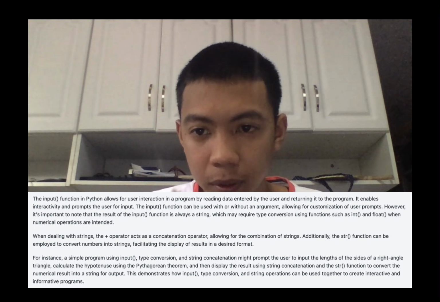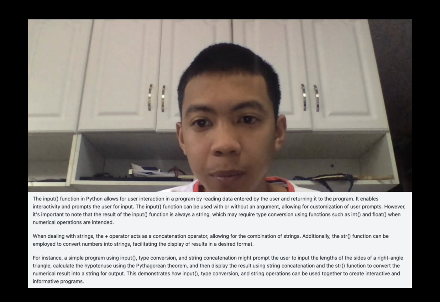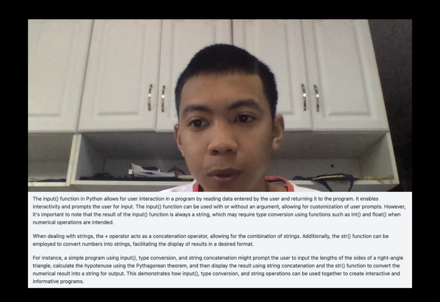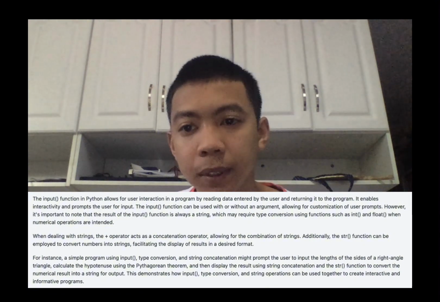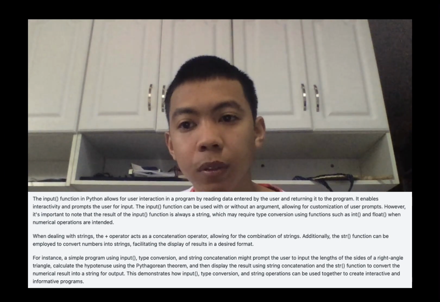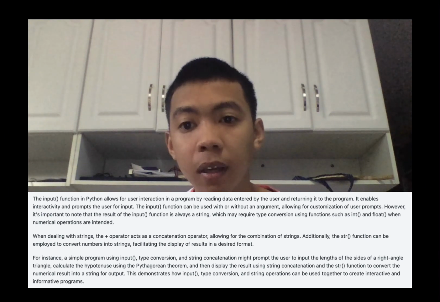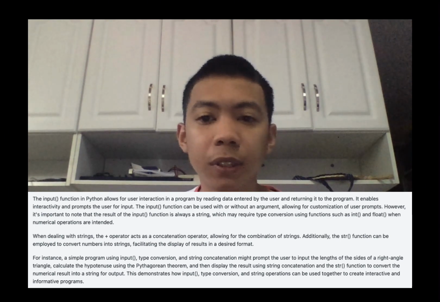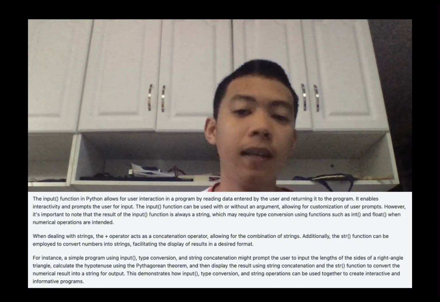It enables interactivity and prompts the user for input. The input function can be used with or without an argument, allowing for customization of user prompts. However, it is important to note that the result of the input function is always a string, which may require type conversion using functions such as int